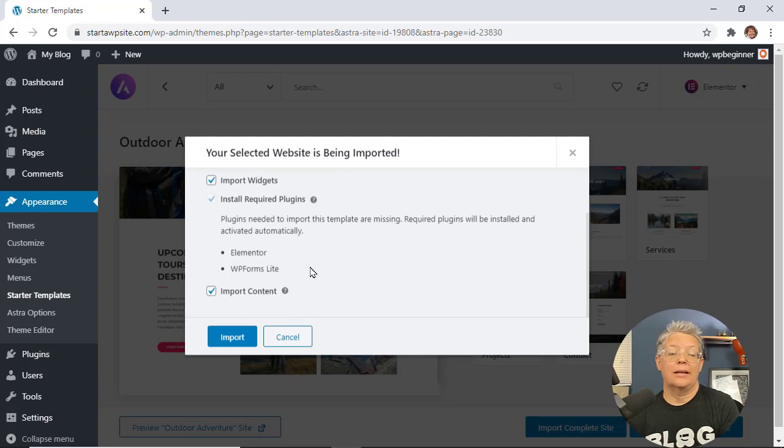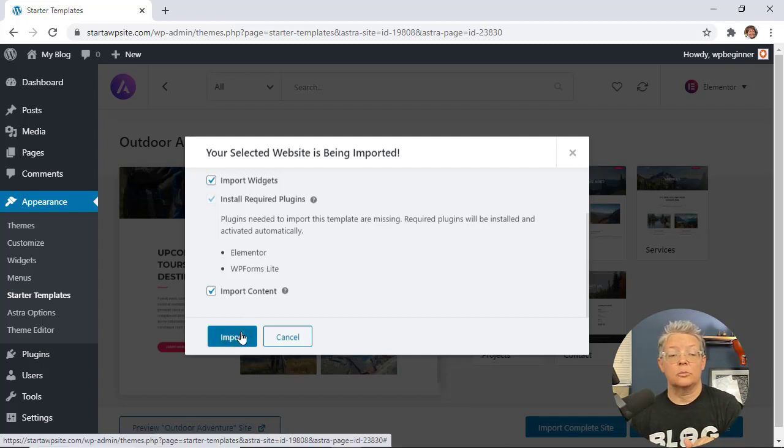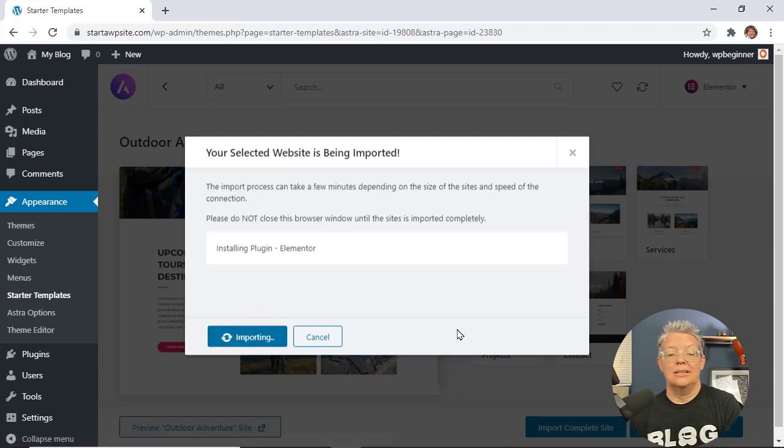So we're going to import Elementor, and they use WPForms Lite, which is a contact form plugin that will be installed so that you'll have a contact form setup, and then they'll import a little bit of content that will help you see how your site will look, and then you'll want to change that when the time comes. So this will come in and import everything, and then once it's finished, we can go in and do our